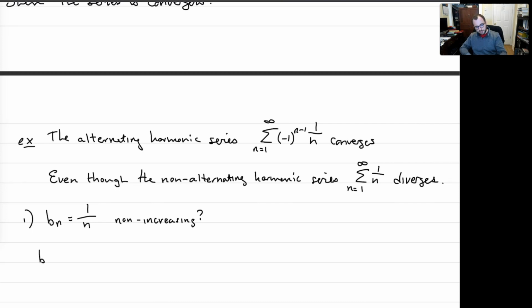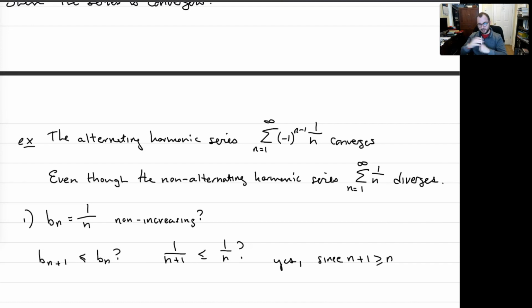Well, in other words, is Bn plus 1 less than or equal to Bn? Well, Bn plus 1 is 1 over n plus 1, and Bn is 1 over n, and is this true? Yes, because a bigger denominator gives you a smaller fraction, and n plus 1 is bigger than n. It's strictly bigger, but I'll put the greater than or equal to sign there, just to play with the conditions here. So yes, this is non-increasing, in fact strictly decreasing